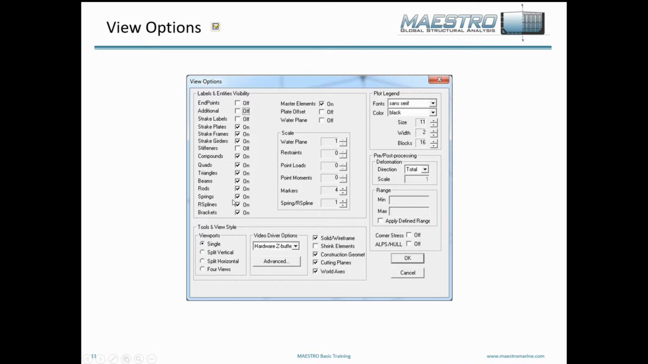These are various types of elements: beams, rods, springs, and so forth. There are entries here for turning on and off the water plane. Master elements, I believe, are for fine mesh models. And we'll have a display of those later, but it's those interpolation R-splines that are used for turning the display of